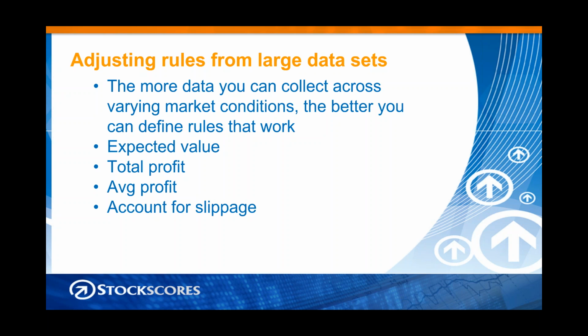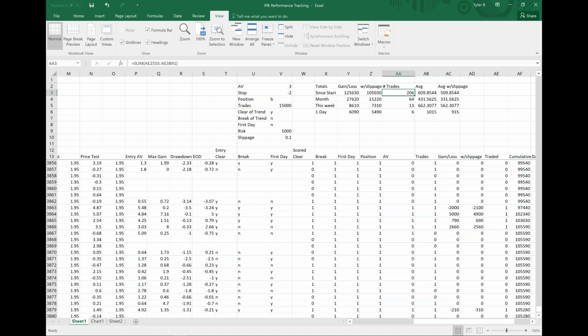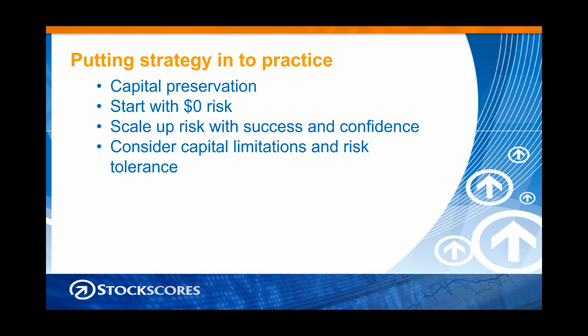We want to know total profit, average profit, and it's very important that we account for slippage. When you move in and out of positions, you're going to pay commissions, number one, but you're not always going to get in and out at the ideal price that the computer says you would have. That's the reality of the market. And that's why you see the difference here between gain-loss and gain-loss with slippage. There's a $20,000 difference there, basically a certain percentage based on the number of trades that I've done so that I can be realistic in my valuation. If you have a strategy that makes just a little bit of money every trade, it might not make money in actual practice because of slippage.